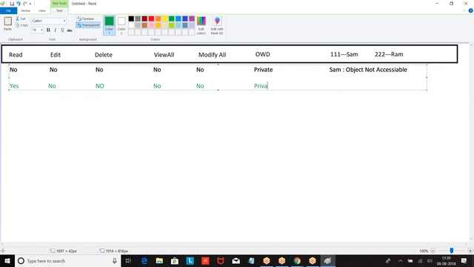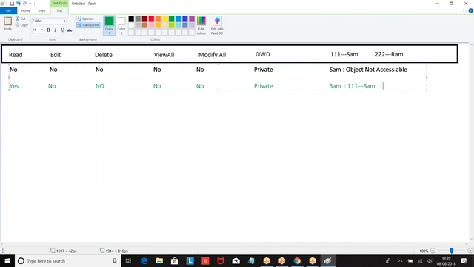So, if you have only read permission on the object, on the records also you will get only read permission. Edit permission on the object, then only we get edit permission on the record. If you want to perform edit on a record, you should have edit on the object, then only we can perform.